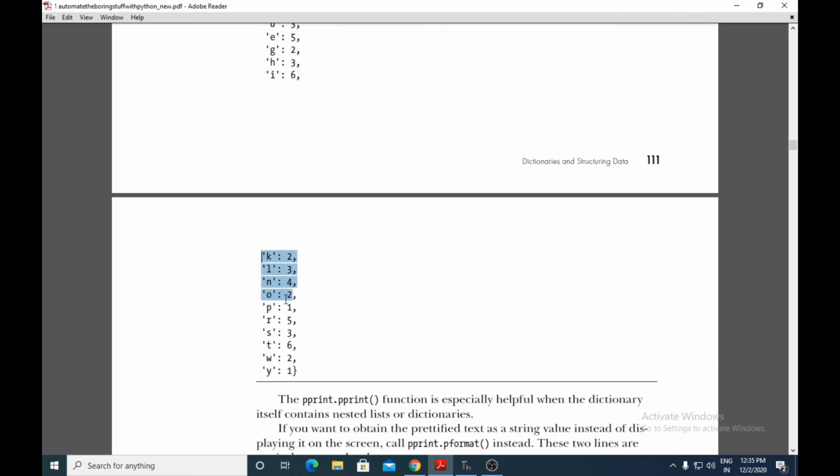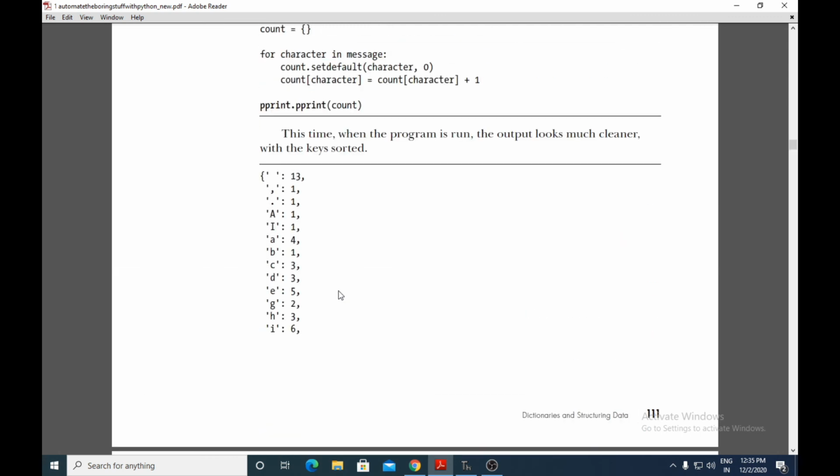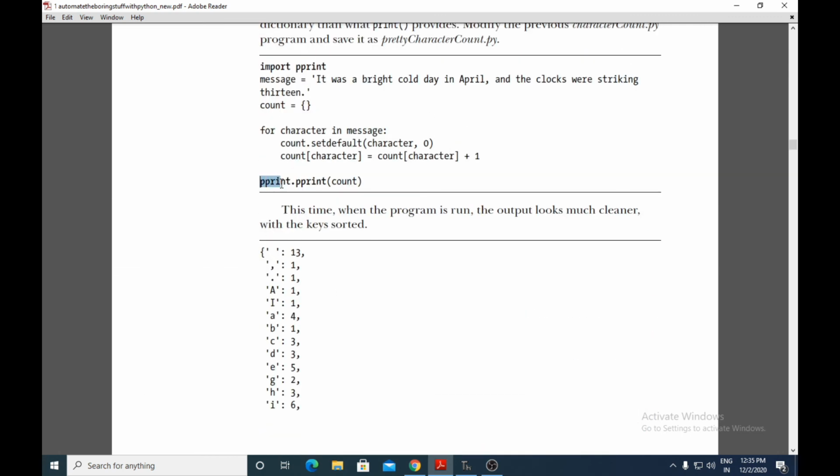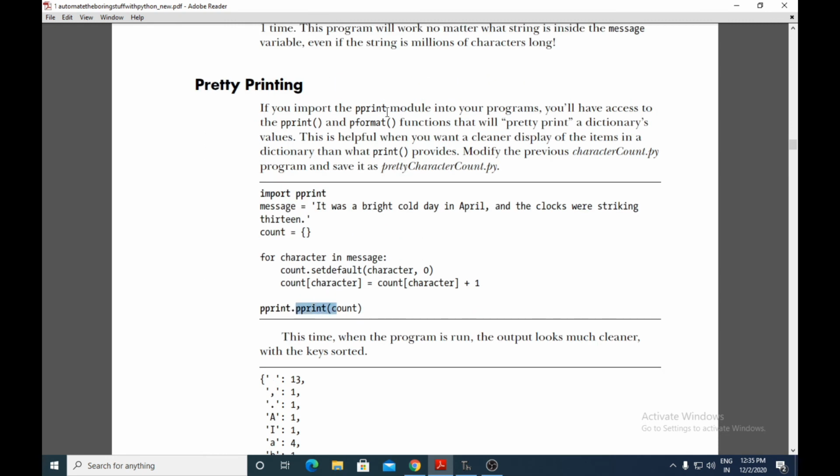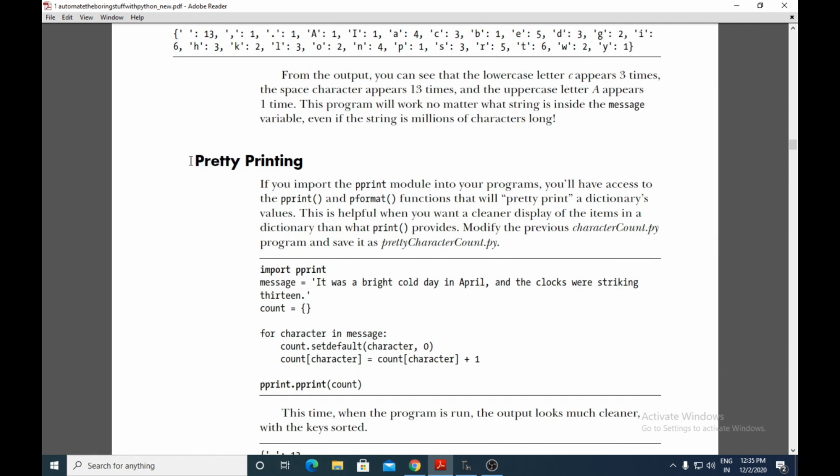This output shows the occurrence of each letter appearing in the string, in the form of a nice column, because of the use of the pprint function. And if you want to use this function, you have to use the pprint module. So this was about the topic of pretty printing.